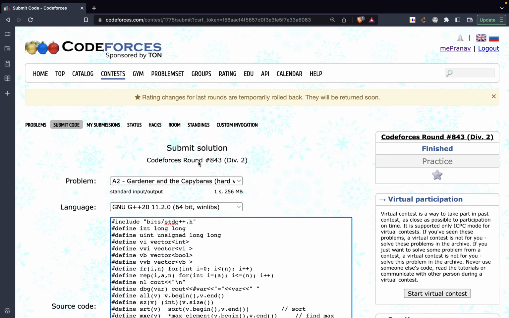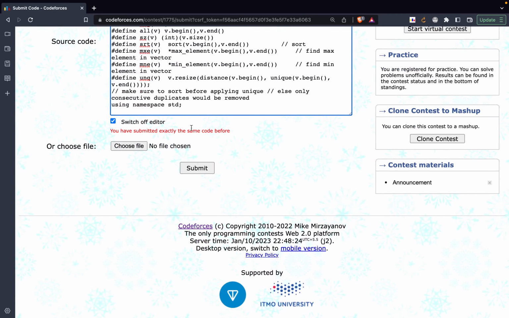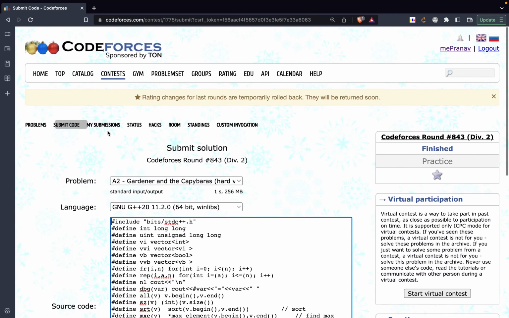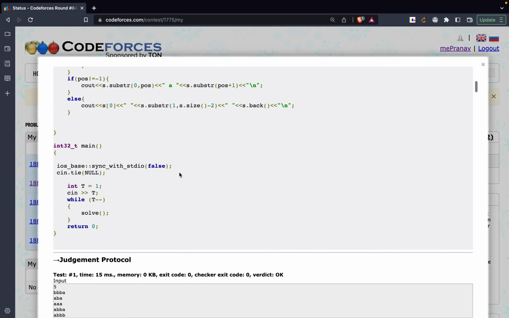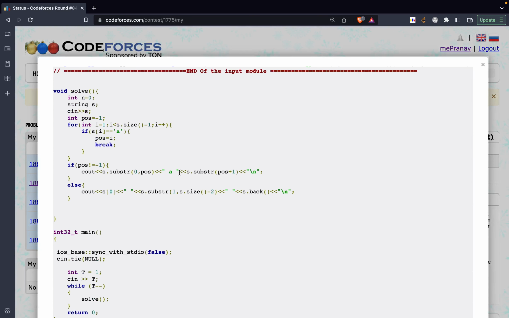Let's try to submit it. Okay, you have submitted the same code over. Yeah, so I've submitted actually the same code, and it had already worked. So you can see over here A2 had a right summation, so the code was the same. So I guess you got the